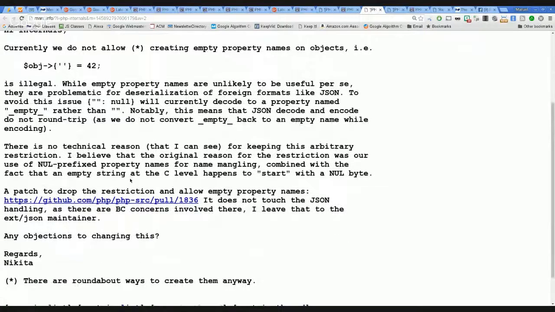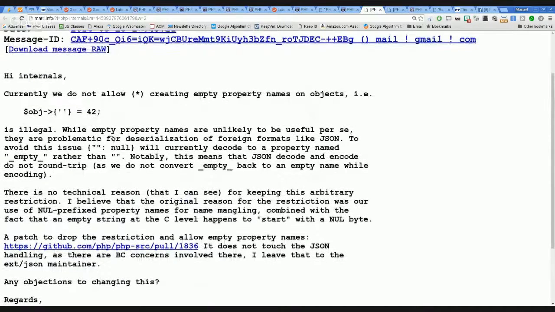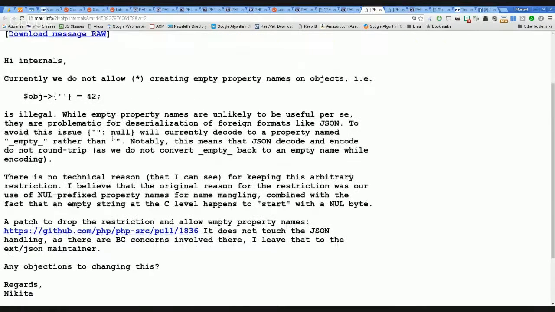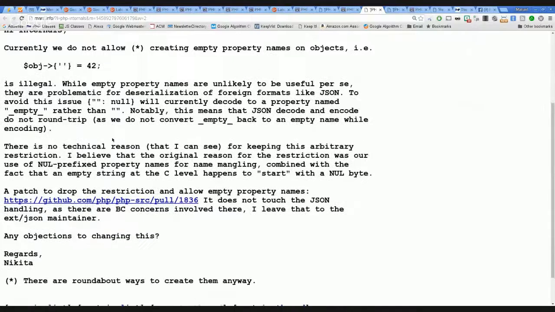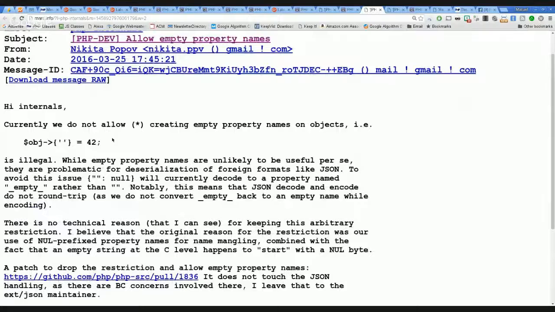So there is a pull request to implement this feature properly, but at the same time, I wonder if it would be possible to declare a variable in a class that has an empty name. I guess that is not the purpose of this proposal. You mean the class property is empty named? Yeah.